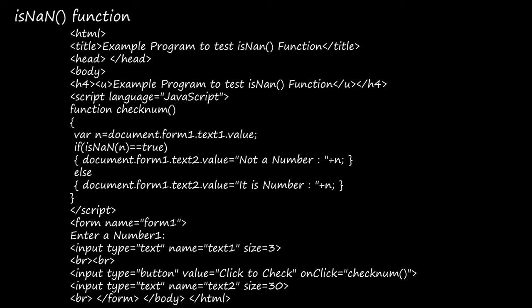So here input type is equal to, inside double quotes it is text, name is equal to text2, right? And then size is equal to 30. Here if the if part is true, if you have given a condition, right? If that is true, this if part, not a number and the number. If that condition is false, it is number and the number. This will be displayed in this text2, in this area only. Okay, so this is the isNaN function, and we are having one more example or one more